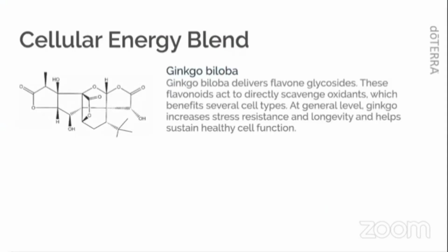Ginkgo biloba delivers flavone glycosides. These flavonoids act to directly scavenge oxidants, primarily hydroxyl radicals, which benefit several cell types. In mitochondria, these reactive compounds are highly